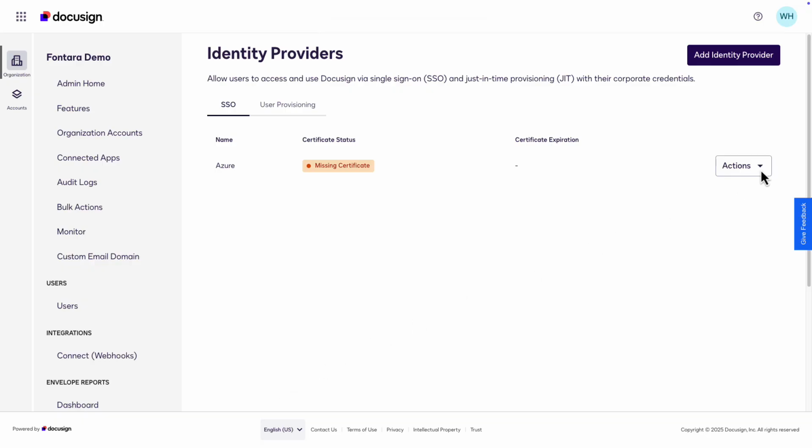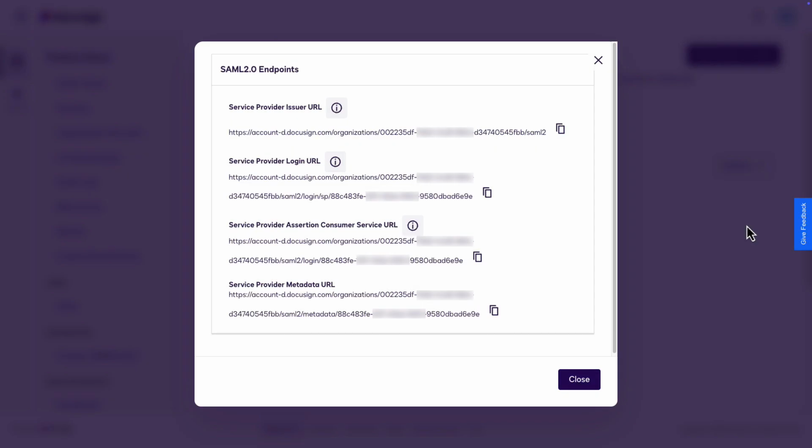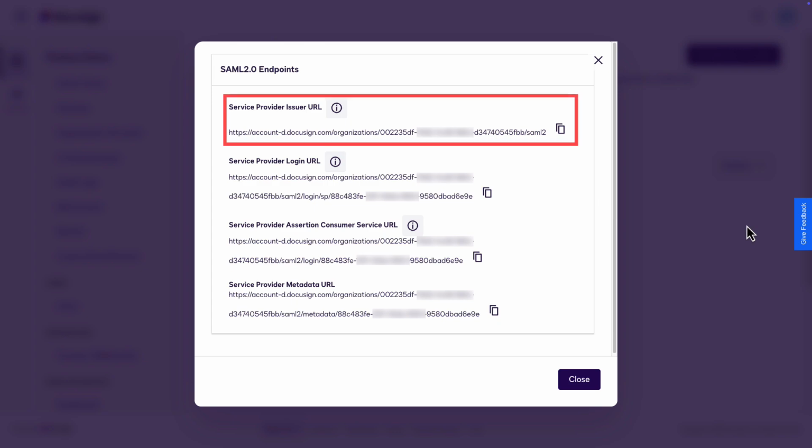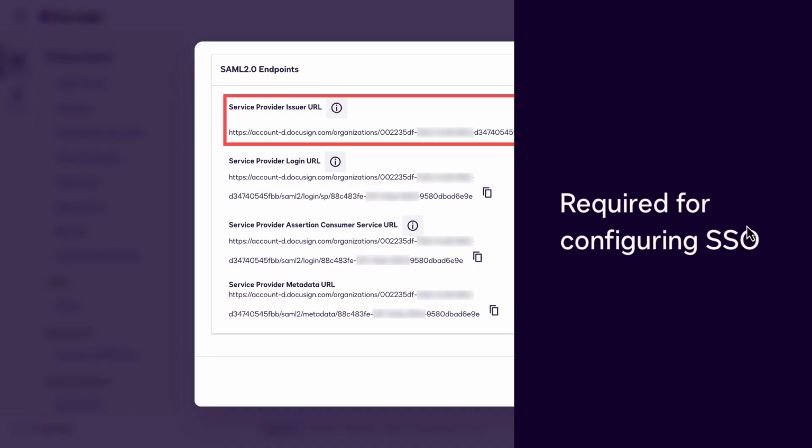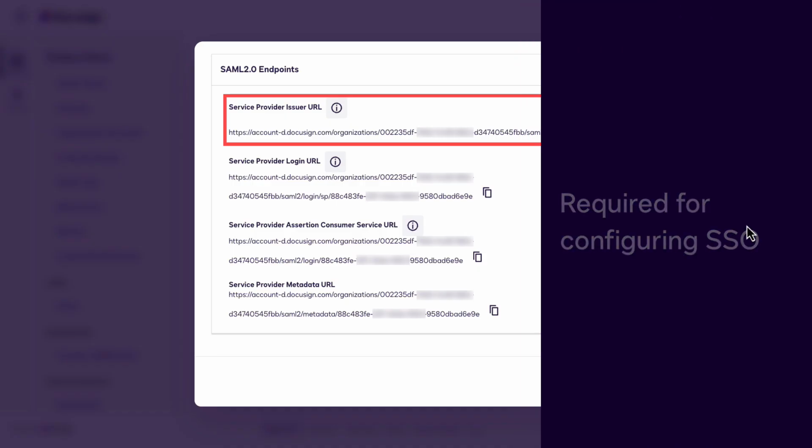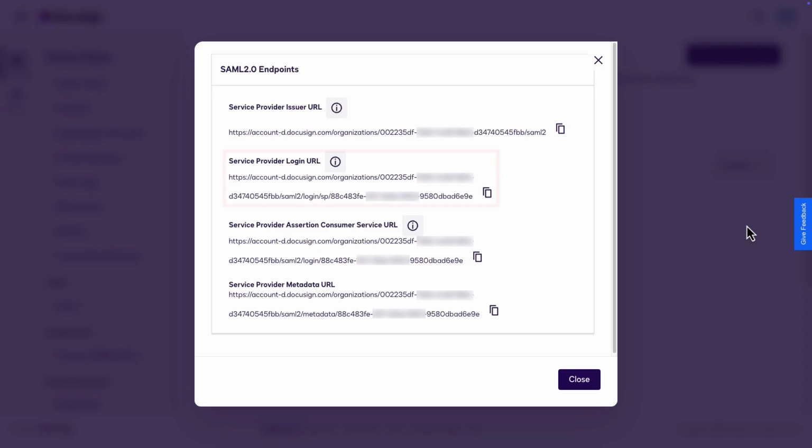for the DocuSign configuration. Click the Actions drop-down menu, then select Endpoints. There are 4 endpoints that DocuSign provides for SAML 2.0 configurations for leveraging SSO. The first endpoint, the Service Provider Issuer URL, also known as the Entity ID or Identifier, is a required URL for configuring SSO. The next endpoint is the Service Provider Login URL, an optional URL provided by DocuSign to its